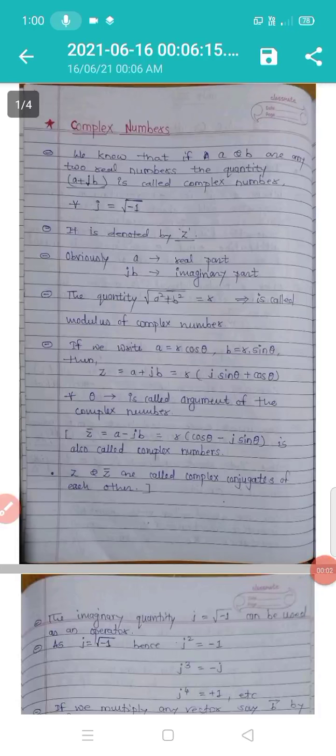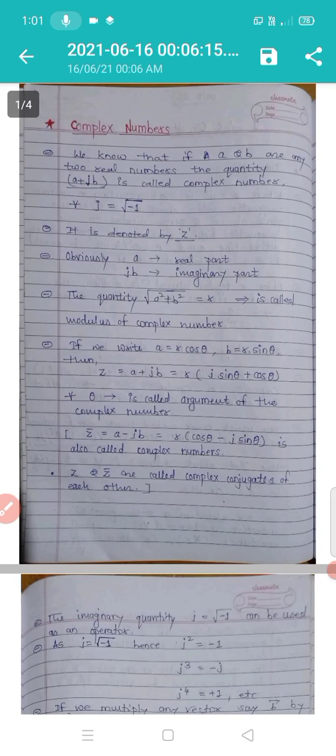Hello everyone. In the last class, we started a new chapter, AC circuits. We learned the introductory part on AC circuits: what is an AC circuit, the difference between AC and DC, then what are inductive reactance, capacitive reactance, alternating EMF, and when the EMF is applied across a resistor. Okay, that is the introductory part.